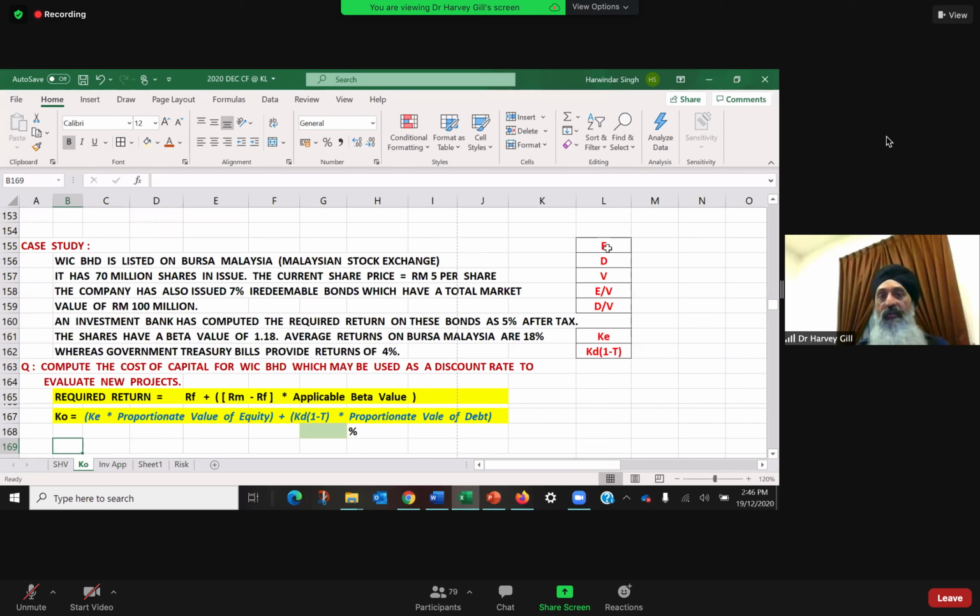It does not change. To calculate cost of capital, you need E, the total market value of equity, D, the total market value of bonds, V, which is E plus D, proportion of equity, proportion of debt. Then you need KE and you need the KD, net of tax benefit. Why? Because you're going to do a weighted average of these last two numbers. And your weighted average is based on the market values, proportionate market values that you calculate here. So these are the proportions, these are the values of which you are going to work out a weighted